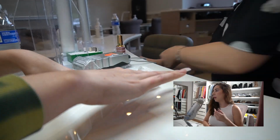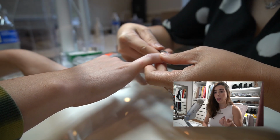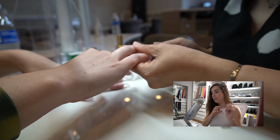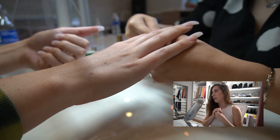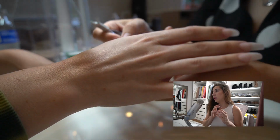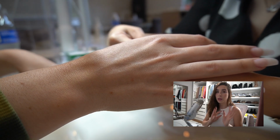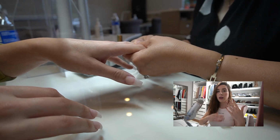So she grabbed the color. Right now, what she just quickly did was take a little bit of alcohol and get any grease, soap, anything off the nail so that it can be ready to be painted. And then now she's getting my cuticles a little bit. Like I said, with a manicure, they'll go ham with cuticles and the massage and all that stuff. She doesn't do that. I'm sure she would if I asked, but it's kind of just an understood, mutually